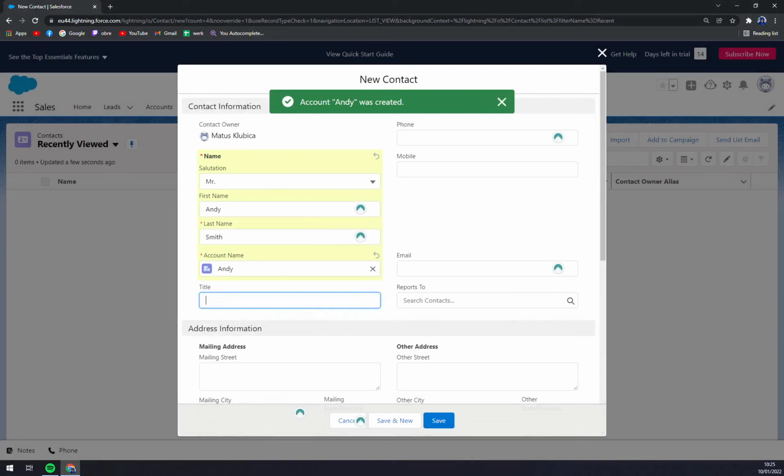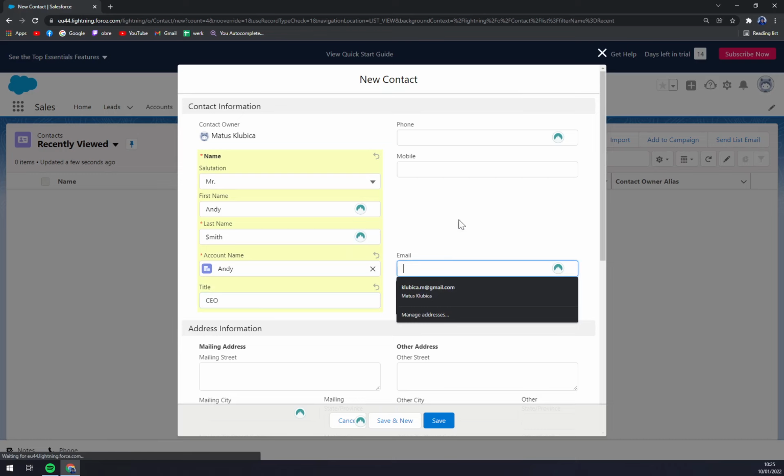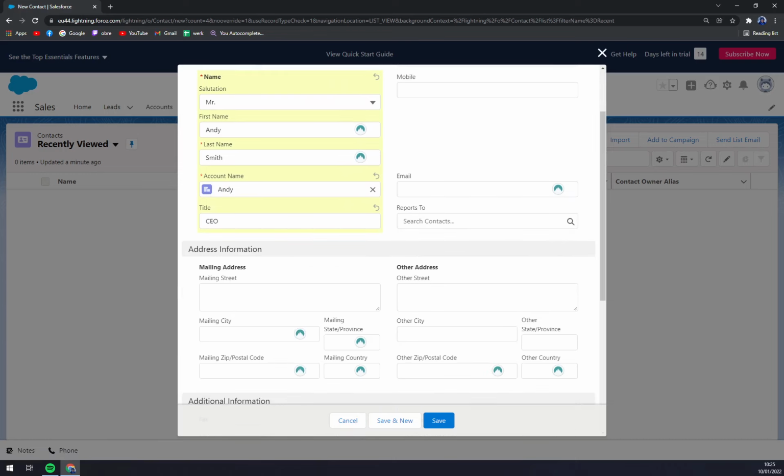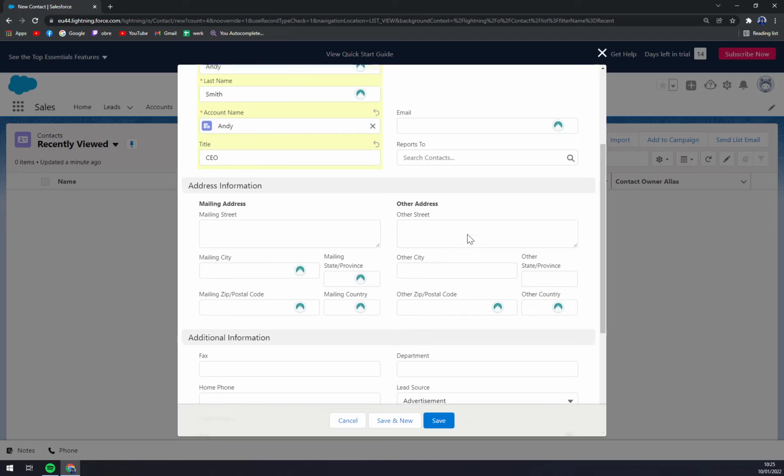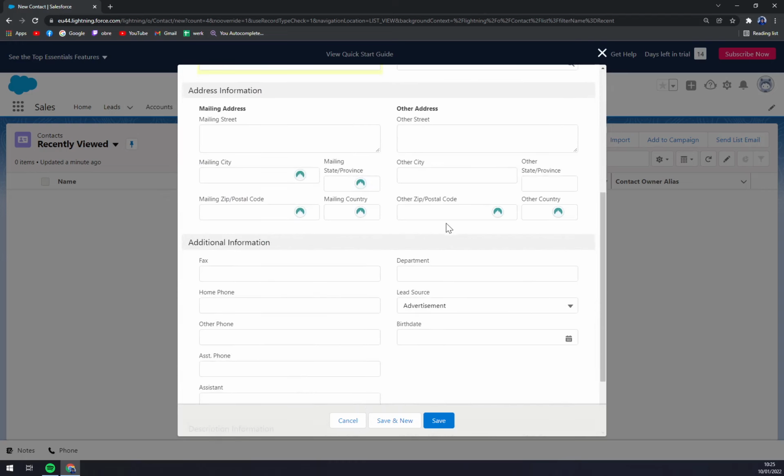And title, let's go with CEO. We can add an email, and also who he is reporting to. Then we have mailing address, other address. As you can see, my NordPass is trying to add all the information for me,